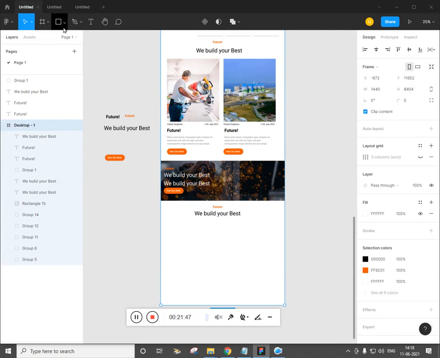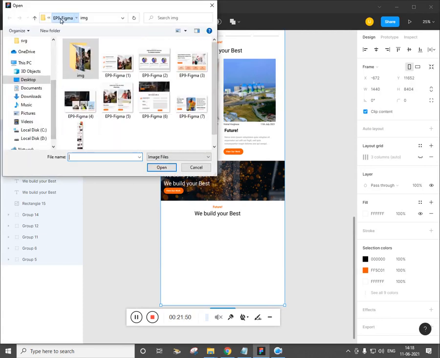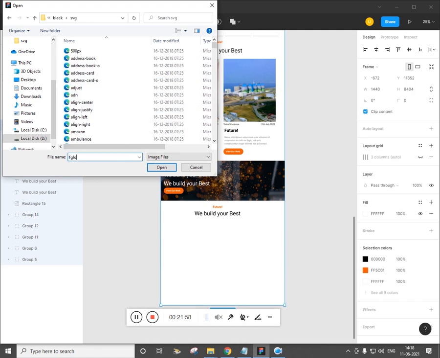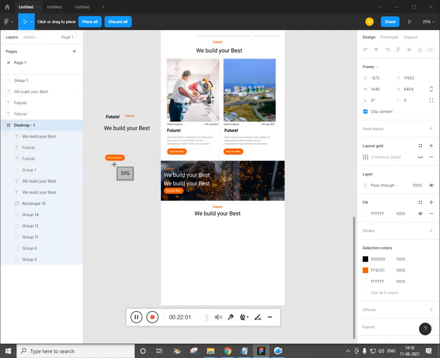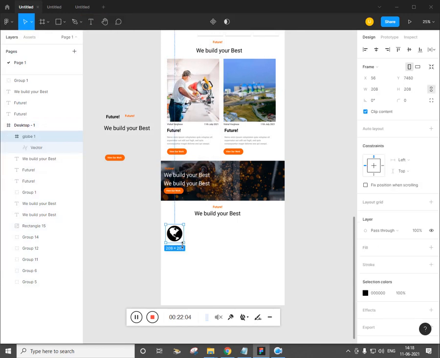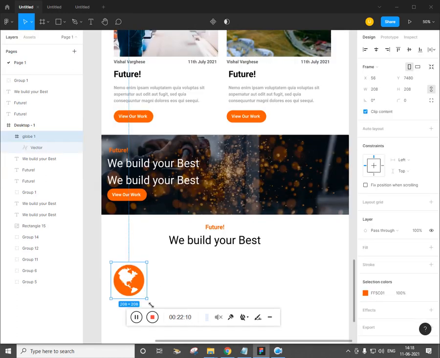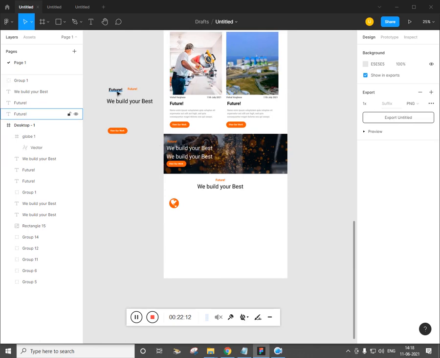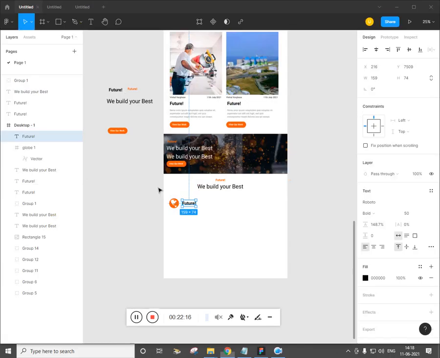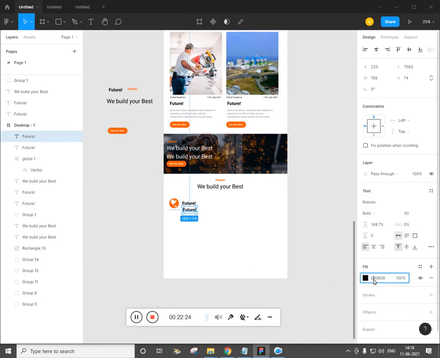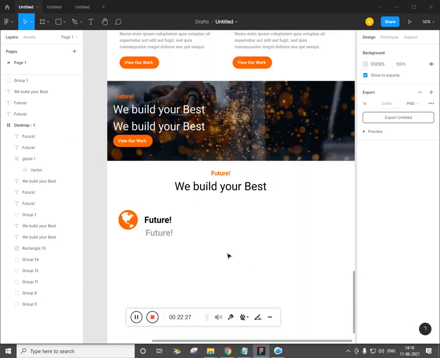Now we need to add the SVG format. You'll get this image, or you can get this folder of Font Awesome from GitHub. So I got it with the username called Rush. So search for it and you will get it. And this text, and alt drag and make a duplicate and have the size A7, A7, A7. And give